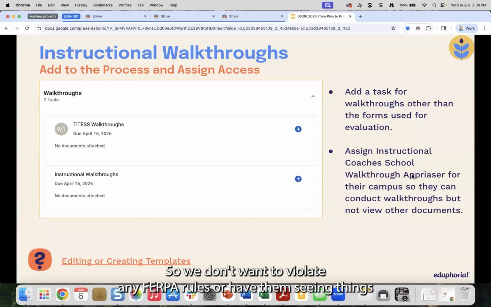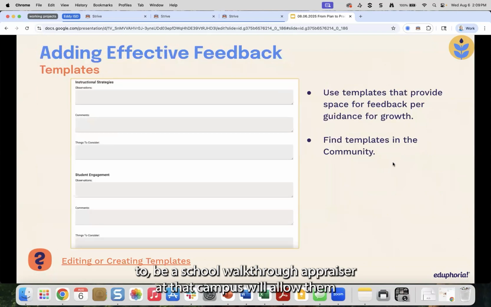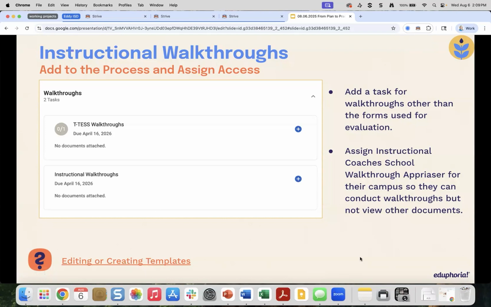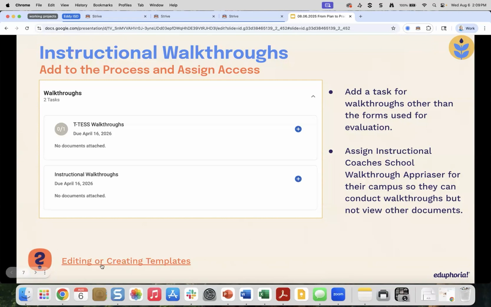So we don't want to violate any FERPA rules or have them seeing things they shouldn't be seeing, but giving them the ability to be a school walkthrough appraiser at that campus will allow them to conduct these kinds of walkthroughs and not see any other data. We do have a link here on this slide that you'll get after the session about editing